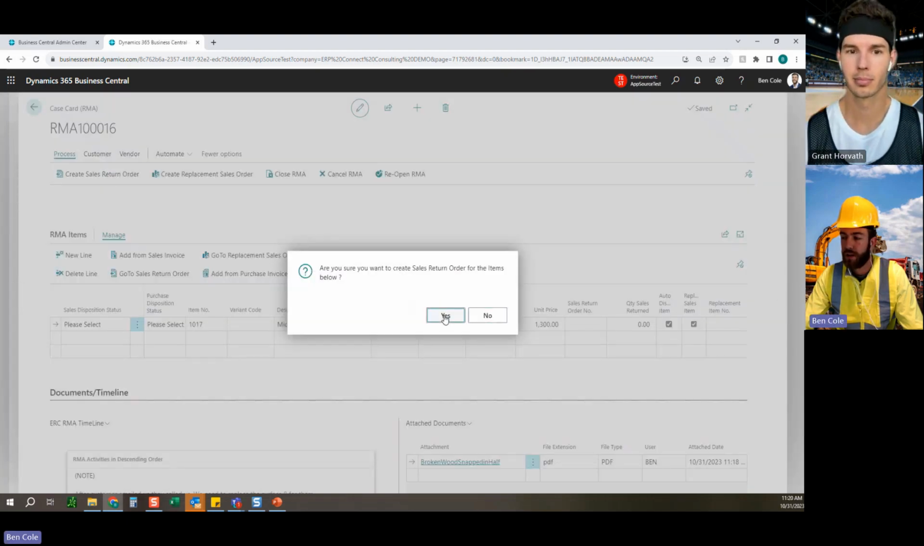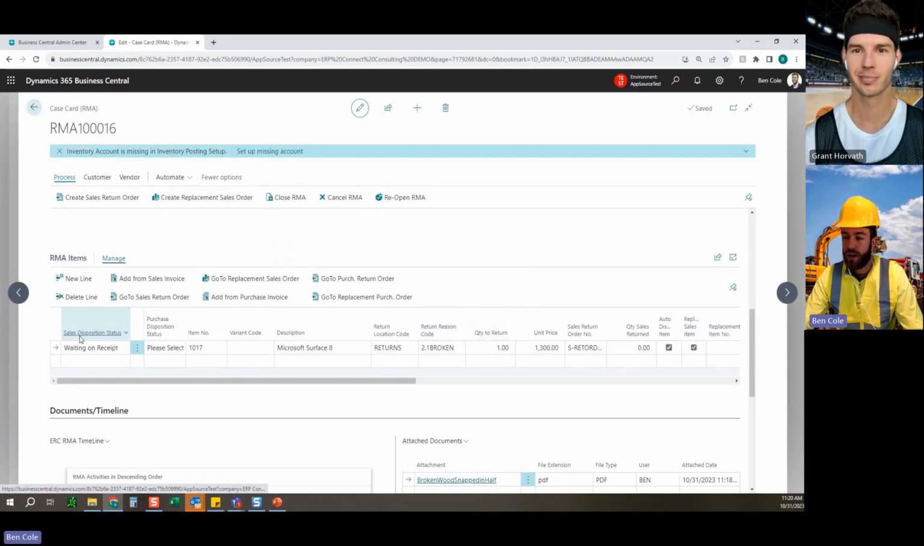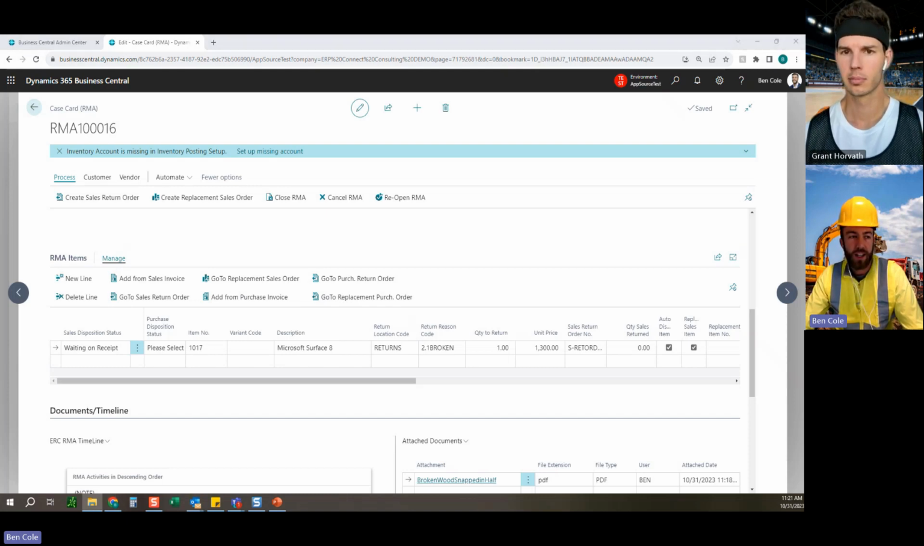I'm just going to click the button here, click yes. And now you'll see the sales disposition status updates, right? So before it was just in like a pending selection state because we hadn't done anything with it. Now it's waiting upon receipt, right? So we have gotten the complaints from the customer, right? They've said they want to send their stuff back, and now it's a waiting game, right? So we might wait 2 or 3 days until we actually get their stuff,